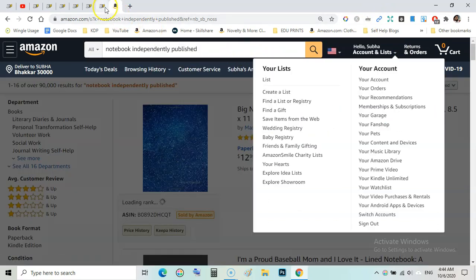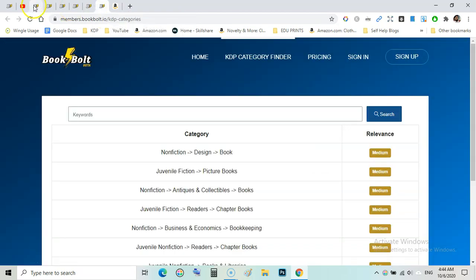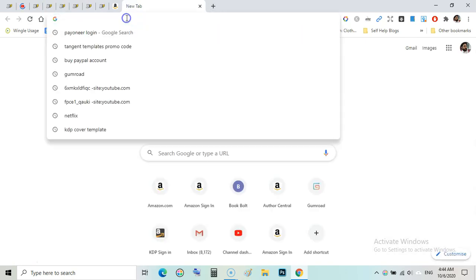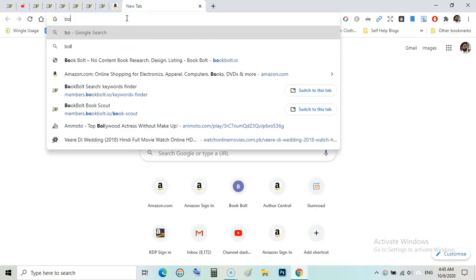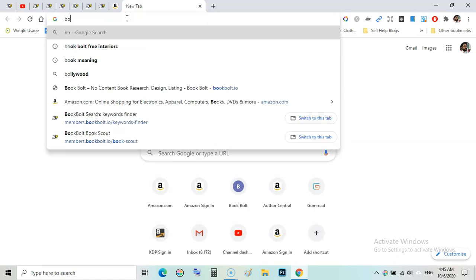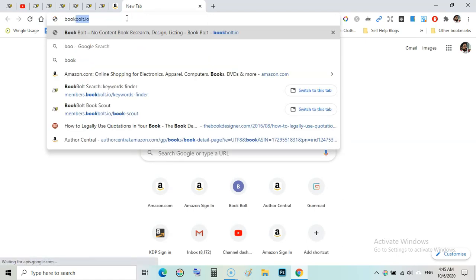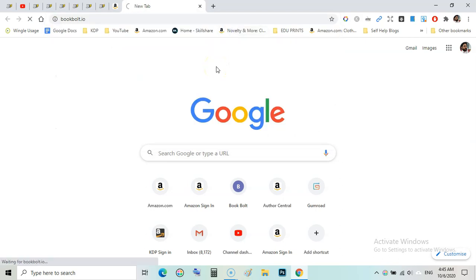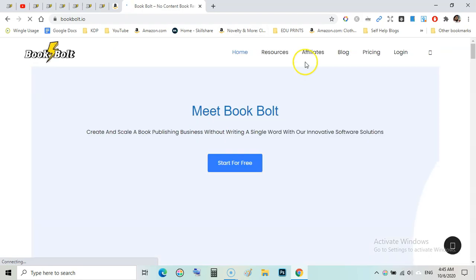Many features and many tools here, and it costs you around, let me check the pricing, on Bookbolt.io. Here is pricing.